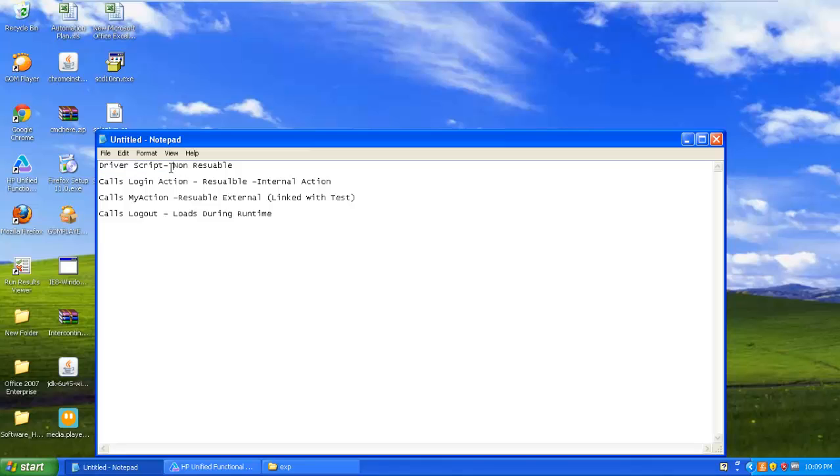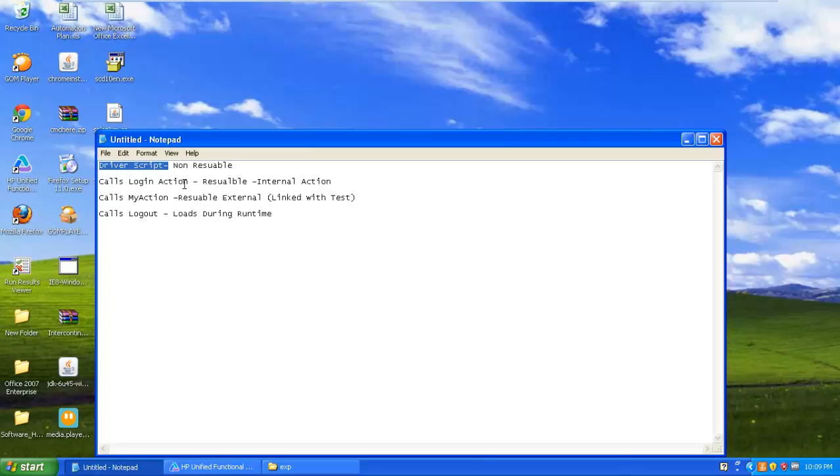Usually driver scripts are non-reusable, which means you will not be able to call this action in another test. In the scenario, I first log in, then I do some events, and then log out. So how we are going to learn action calling is that the driver script is non-reusable, then it